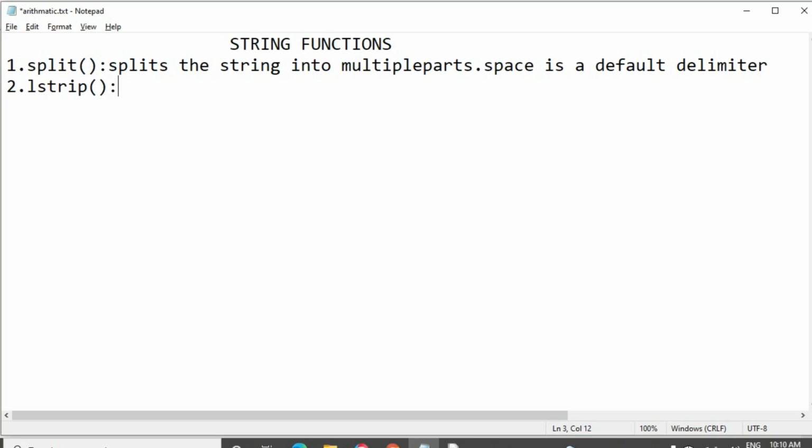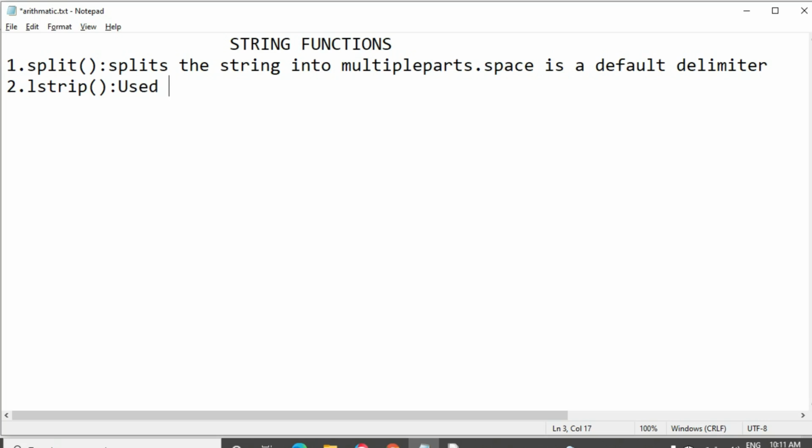Then lstrip. Lstrip removes a particular special character from the left side of the string. If you want to remove unnecessary elements or special characters present in the string, we use lstrip.